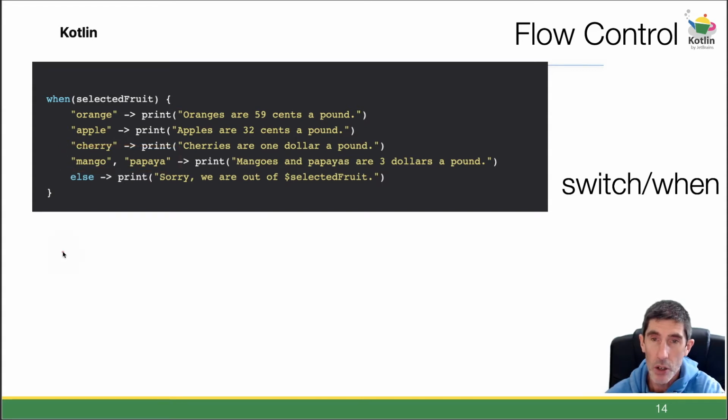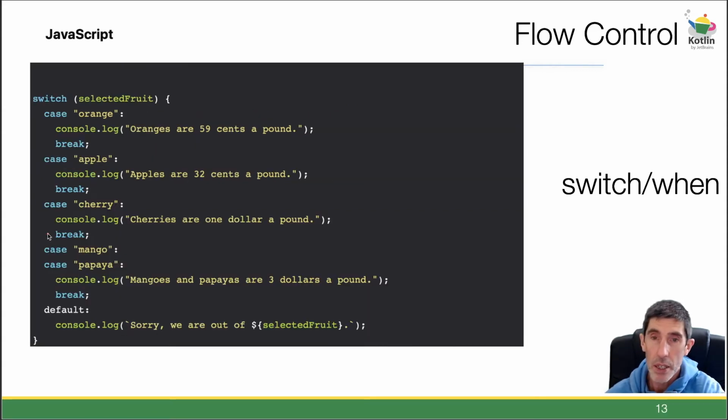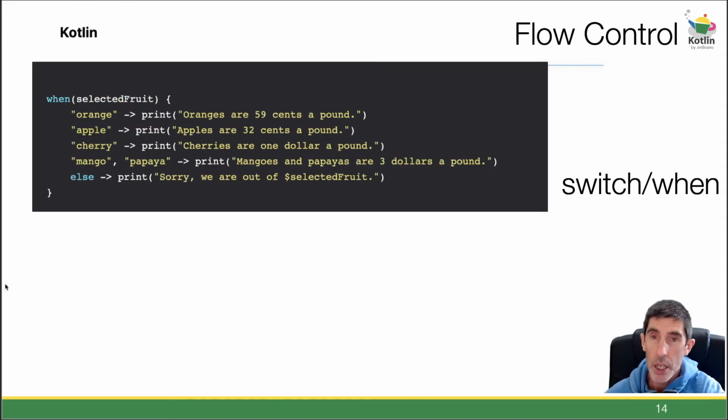So to go back and look at the equivalent in our JavaScript, we had to use 2 separate cases to match that particular one. Whereas in Kotlin, it's a lot easier to understand and read when we're developing it. Okay. So again, it's a big difference between switches in JavaScript, which is the equivalent to a when in